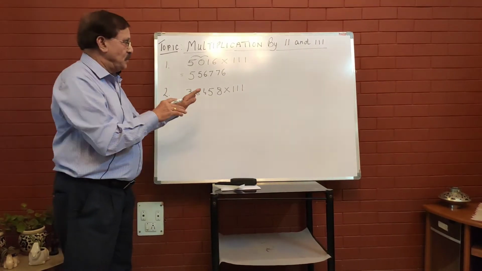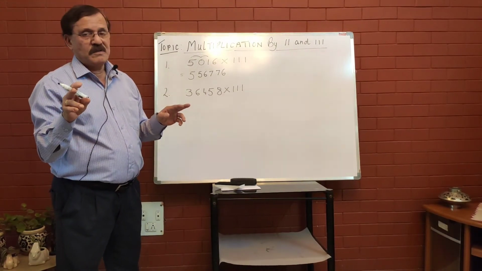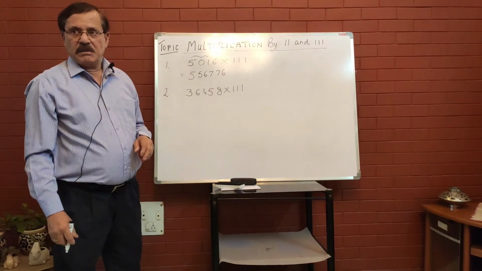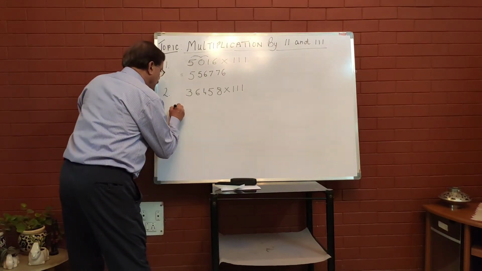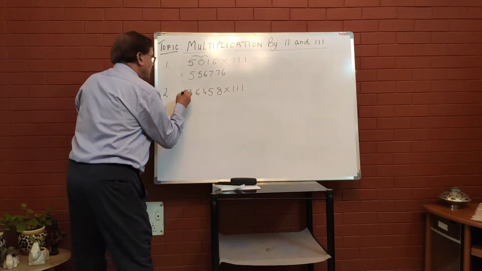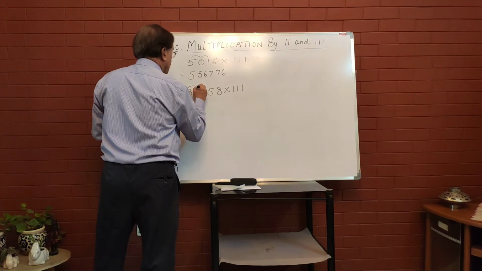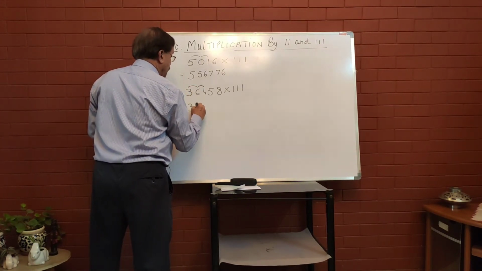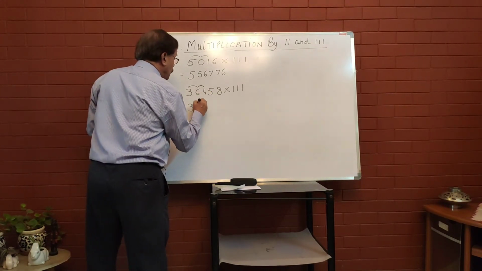Now, I am trying to do it in one single line. And all additions and all multiplications are being done in my brain. So, mentally I am doing it. Right. The step is the same. 3 as it is. 3 plus 6, 9. 9 plus 6, 9 plus 4, 13, 3, 1 carry.